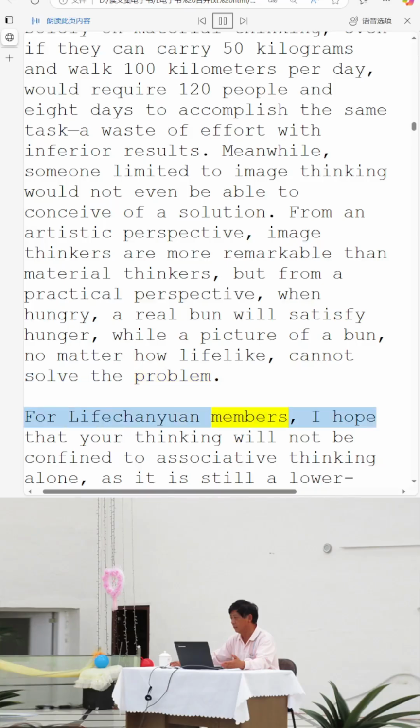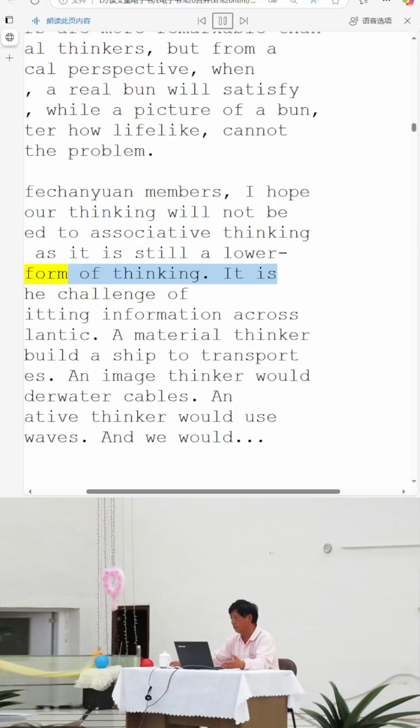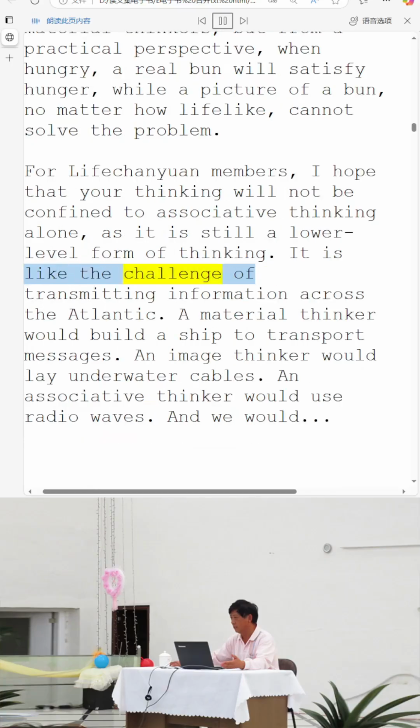For Lifechanyuan members, I hope that your thinking will not be confined to associative thinking alone, as it is still a lower-level form of thinking. It is like the challenge of transmitting information across the Atlantic. A material thinker would build a ship to transport messages. An image thinker would lay underwater cables. An associative thinker would use radio waves. And we would